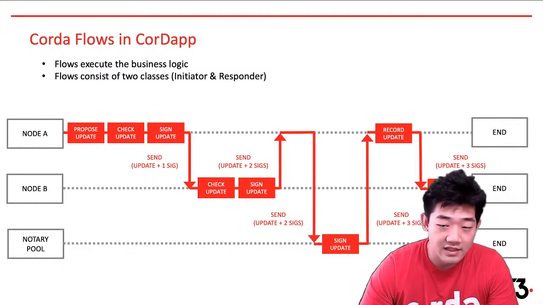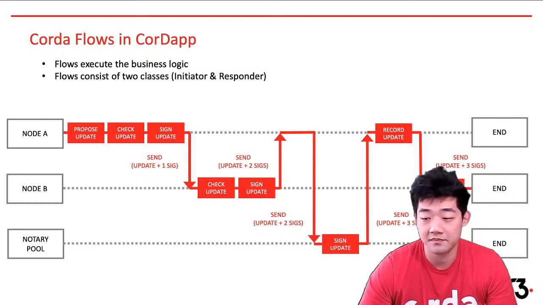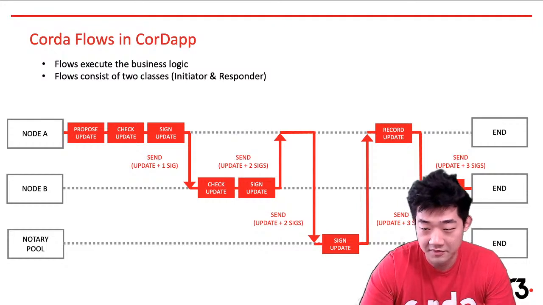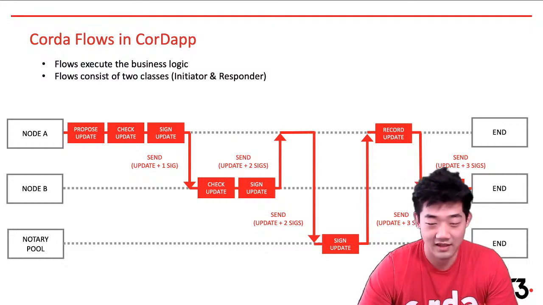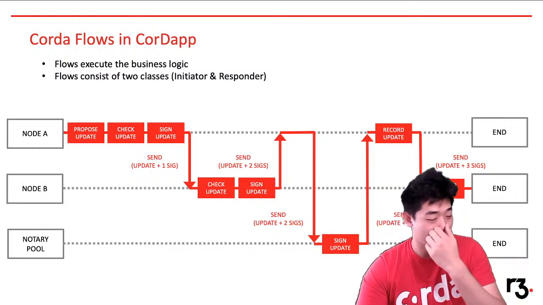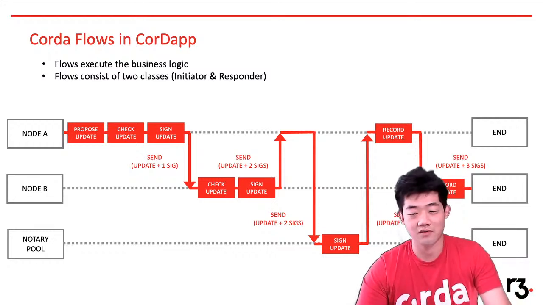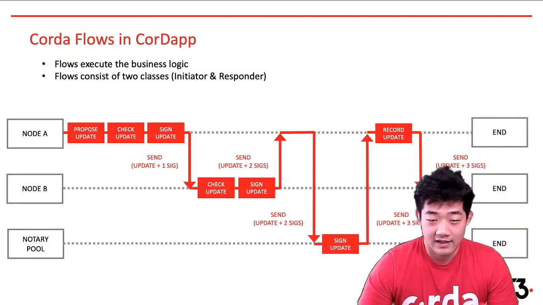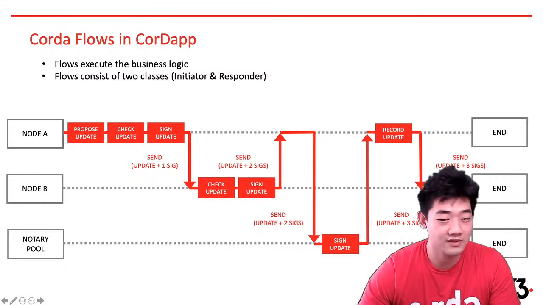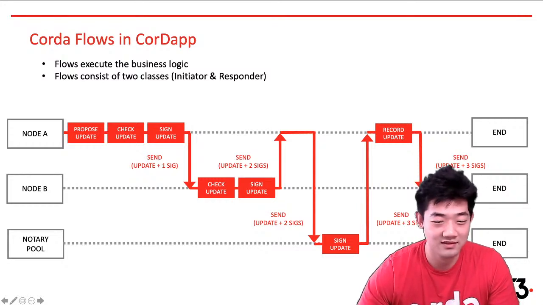And what we're looking at here, this diagram you are looking at right now, depicts the simplest flow in CorDapp. One node is trying to propose an update, and the other one is just like, okay, sure, propose the update. I will check after I verify the transaction. I will just record it. And the flow is basically, I think I went through this from the previous slide, but it's just a single stream